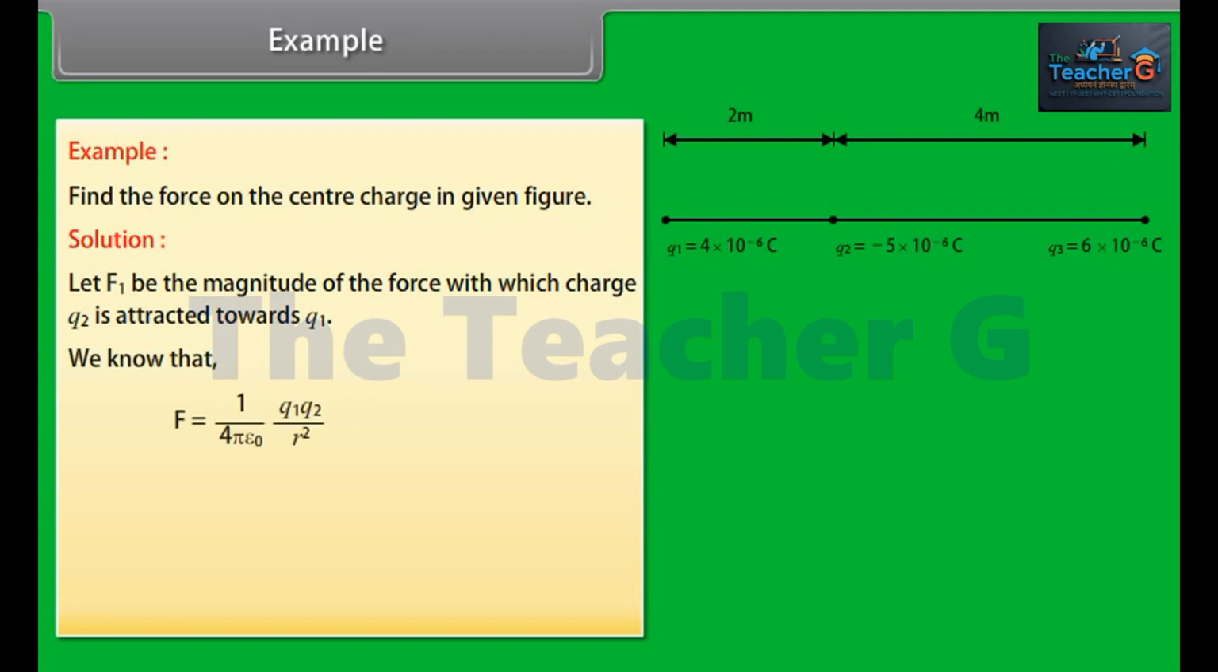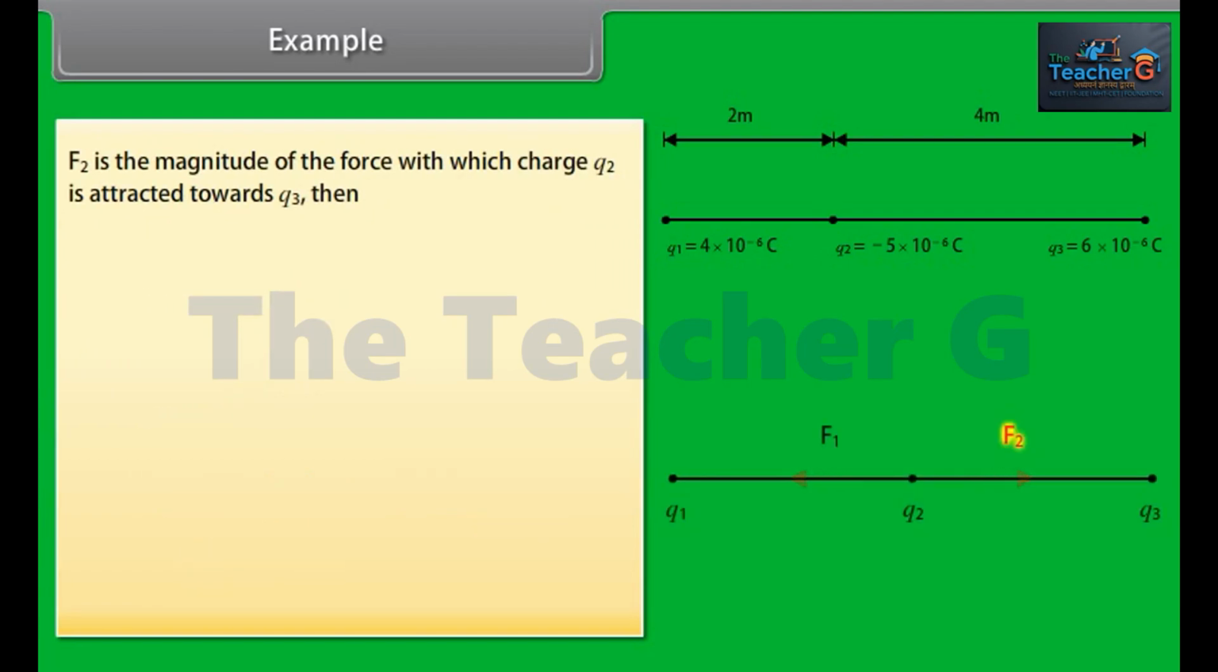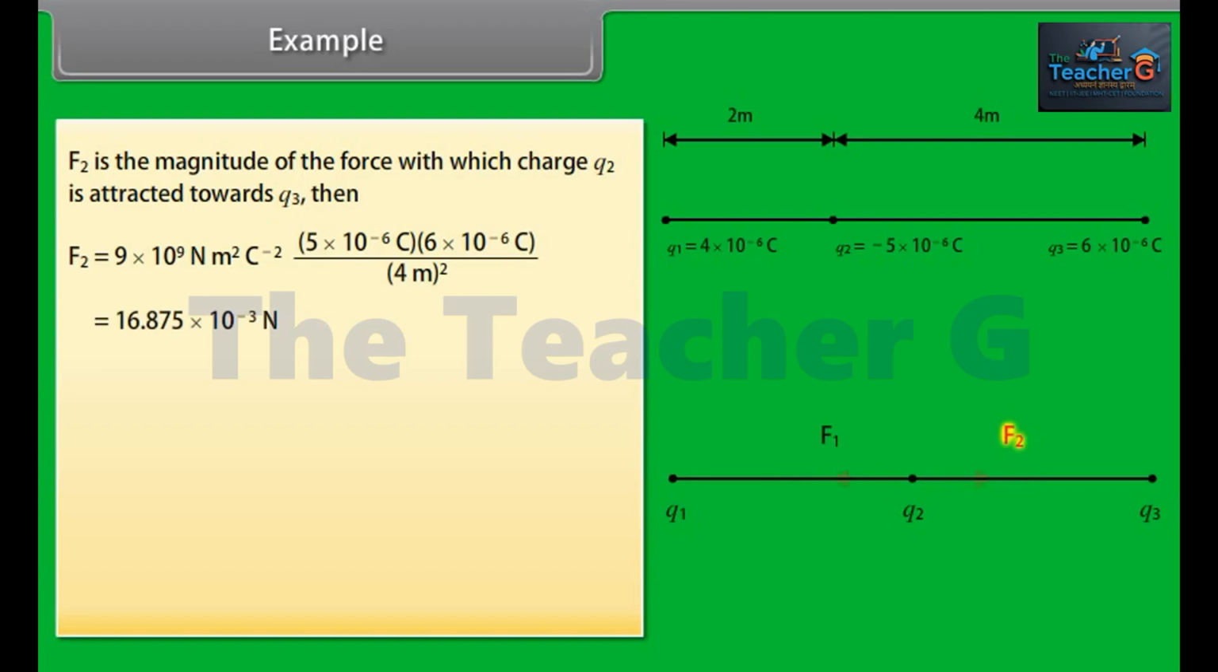We know that F is equal to 1 upon 4 pi epsilon naught multiplied by Q1 Q2 upon r square. Put the values in this equation, we get F1 is equal to 45 into 10 raised to the power minus 3 Newton, which is equal to 0.045 Newton. F2 is the magnitude of the force with which charge Q2 is attracted towards Q3. Put the values in the above equation, we get F2 is equal to 16.875 into 10 raised to the power minus 3 Newton, which is equal to